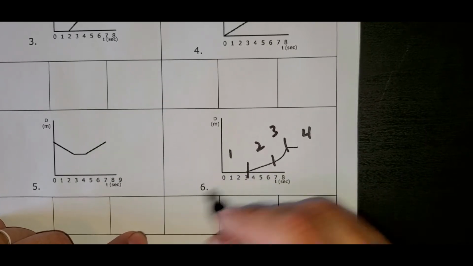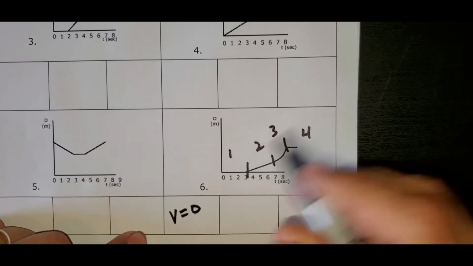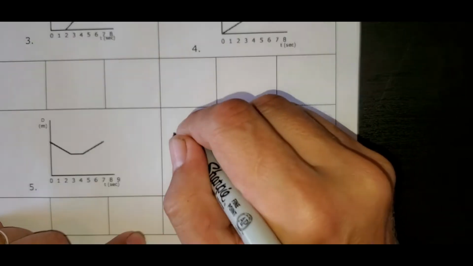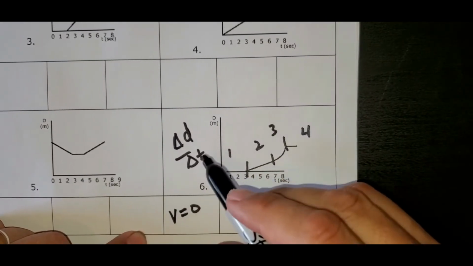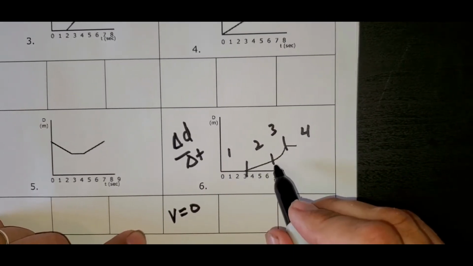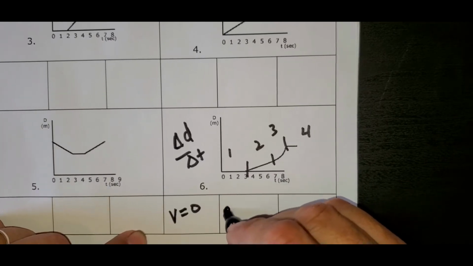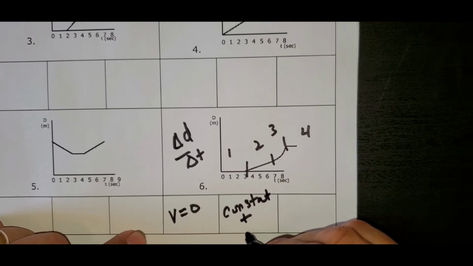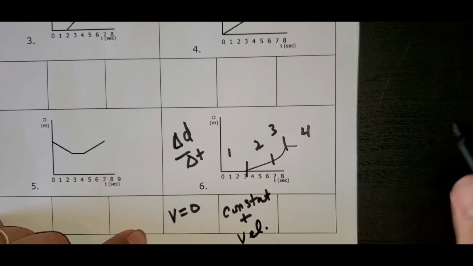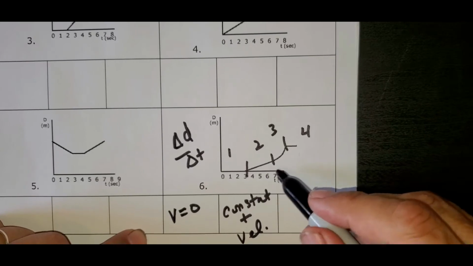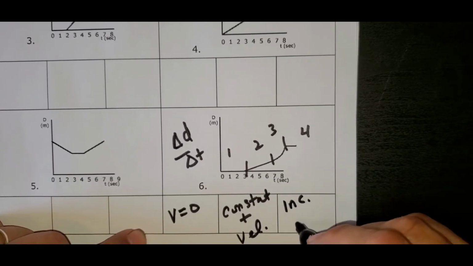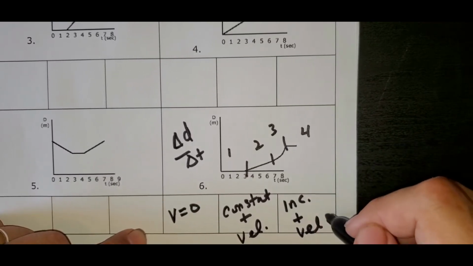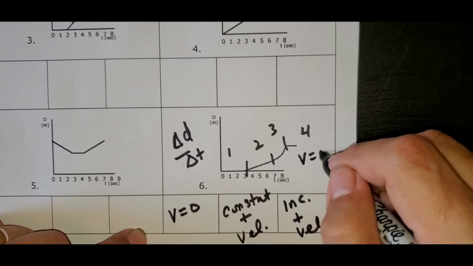It's a flat slope. It's a zero slope, but it's physics class, so v equals 0. Because remember, delta d over delta t is velocity. So this next line is straight. It's positive, so it's a constant positive, not constant positive slope, constant positive velocity. Then it increases. It starts out flat and increases, so it's an increasing positive velocity. And then it gets flat, and we have no room for it, so we write v equals 0 because the